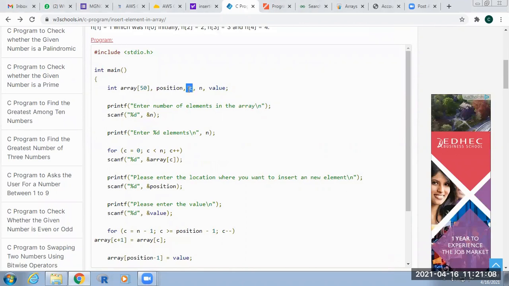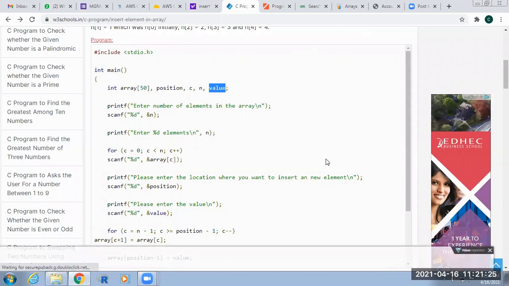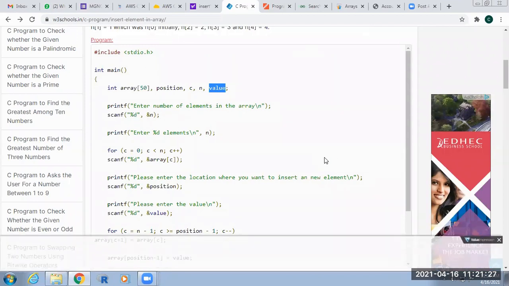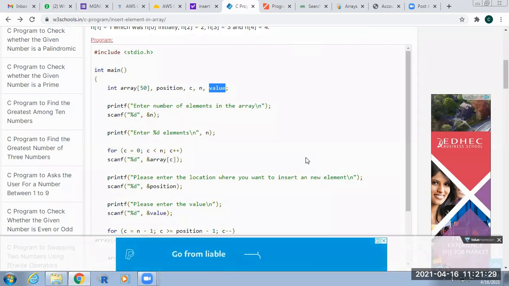Instead of a for loop I am taking c here, and n is how many elements you want to insert in the array. Here: enter the number of elements in the array. First you have to create the array and insert the elements in the array.